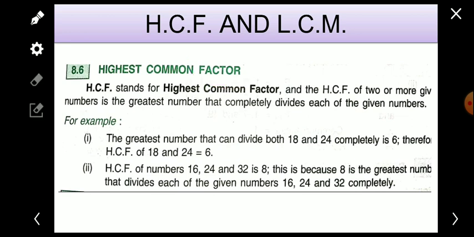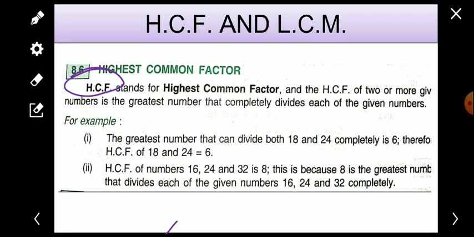So let's start. Actually HCF stands for highest common factor. Highest common factor is written as HCF also. It is the abbreviation. And the HCF of two or more given numbers is the greatest number that completely divides each of the given numbers. What is HCF? Actually HCF of two or more than two numbers is the greatest number which can